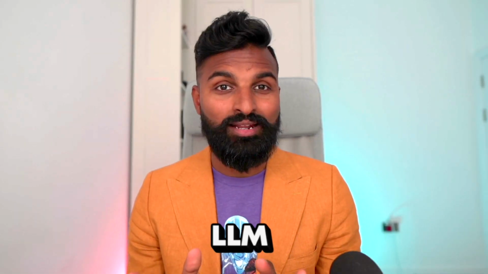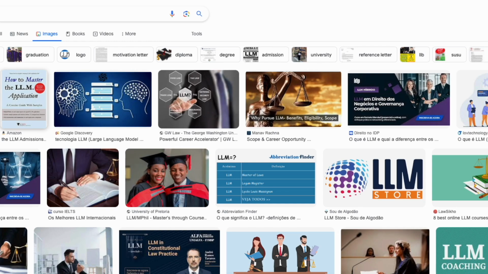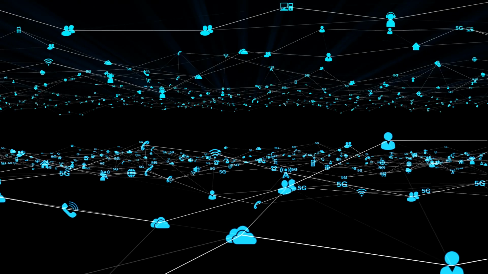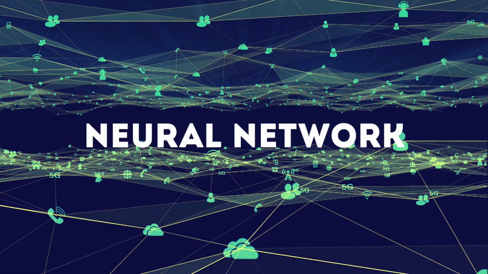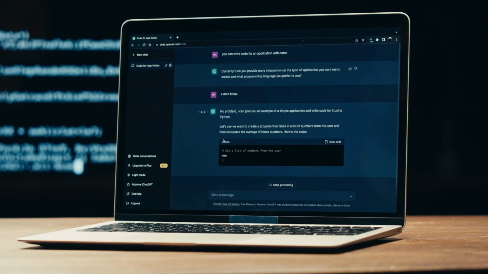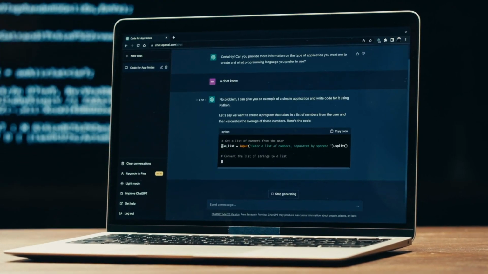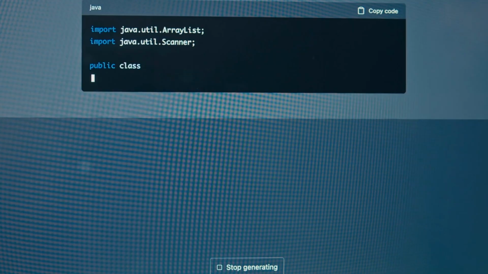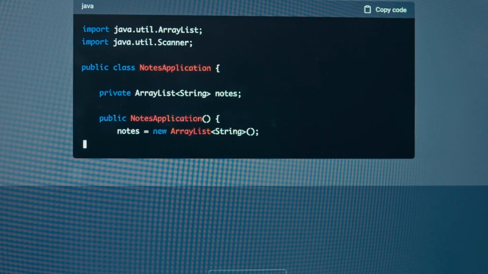In case you don't know what LLMs are, this is the 10-second version. LLM is not a legal degree, which is what you see when you try and Google LLM. Instead, it is a massive database of different types of data, which could be text, images, or anything else which you may want the AI system to consume. The AI gives you information based on a human prompt provided by you. Essentially, you put in a prompt and based on the data it has consumed, the large language model would decide, oh, this is the response for what kind of suit looks good on Ashish.